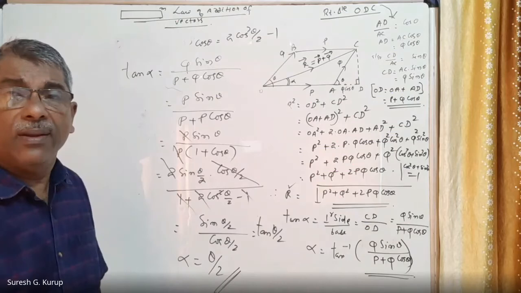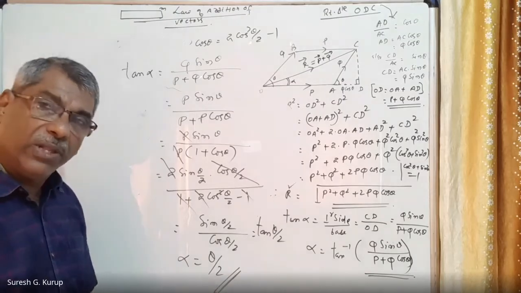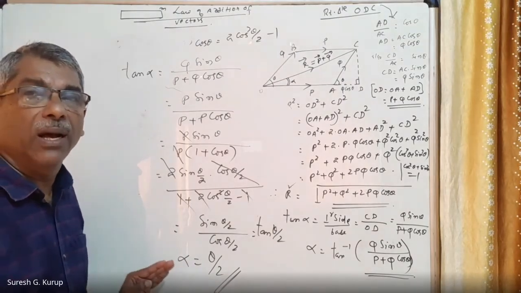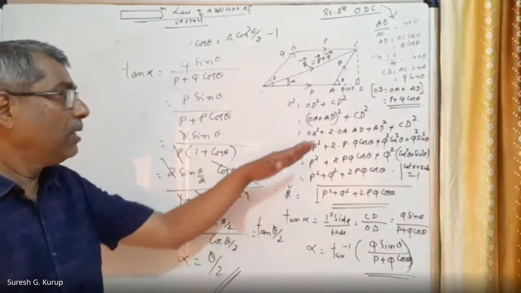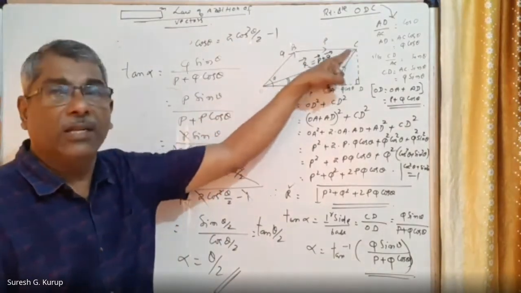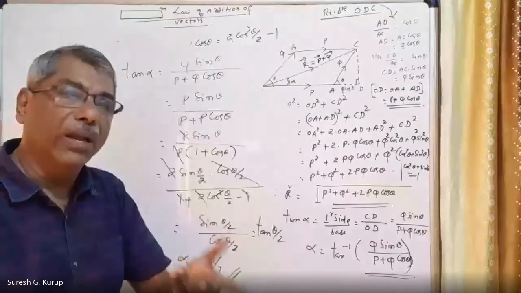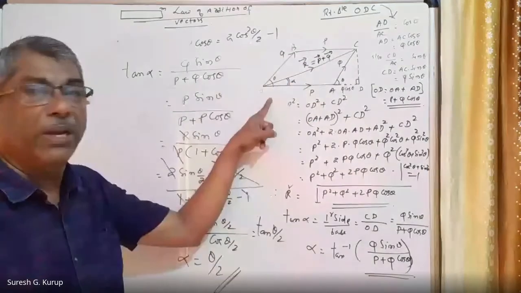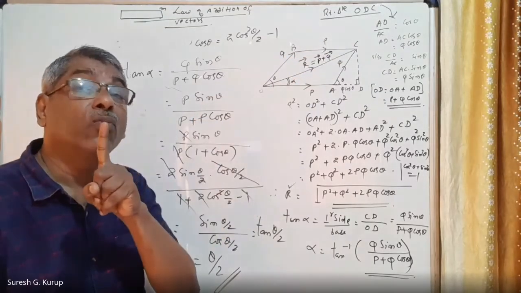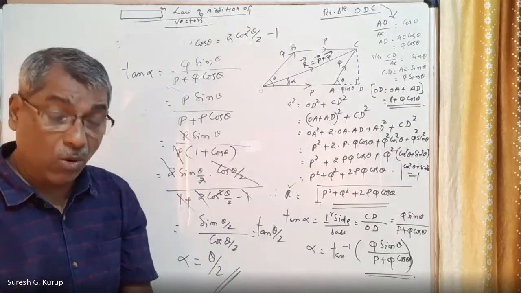It's very simple. When the two vectors P and Q are the same, whatever the angle between the two vectors, the resultant vector will act along the middle. That means the diagonal will be in the middle. If the angle is 60 degrees, the direction of the resultant vector makes an angle of 30 degrees with either of the vectors. If the two vectors make an angle of 90 degrees, the resultant vector will make an angle of 45 degrees with either of the vectors. So this is about the parallelogram law of addition of vectors.